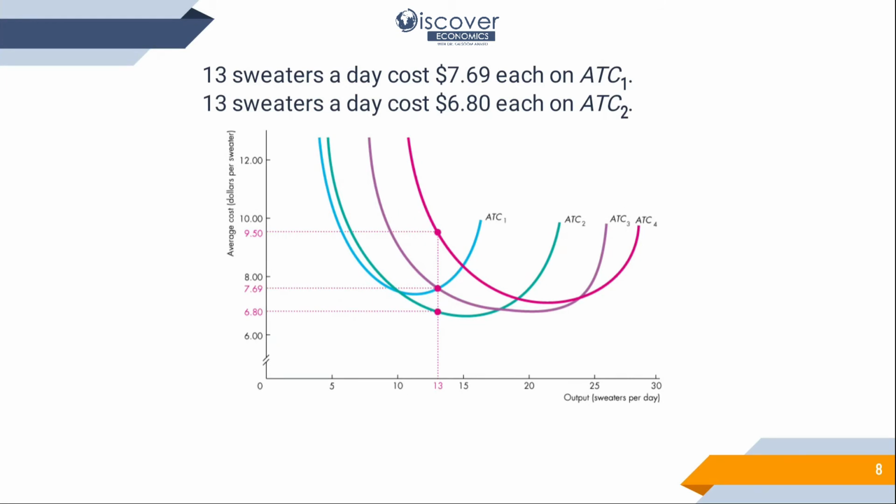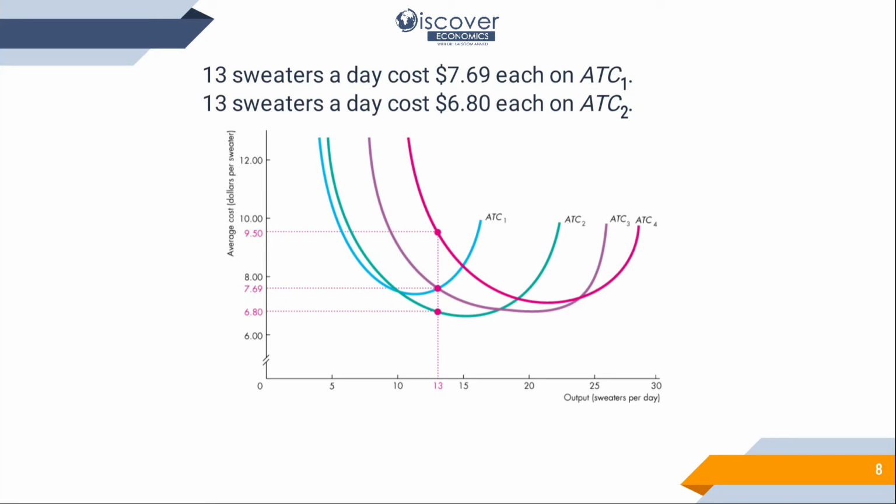Because of all those reasons, every machinery is going to produce differently. Now let's suppose that we want to produce 13 sweaters. Now let's see what is the efficiency or cost of each machinery or each plant on these 13 items. Now the quantity is 13. At 13 you can see that the average cost curve of the 4th plant is 9.50. Now what is the per unit cost?